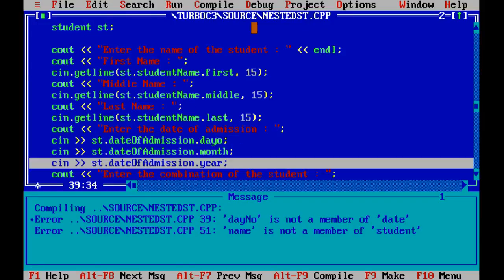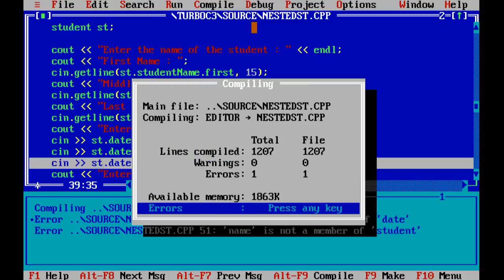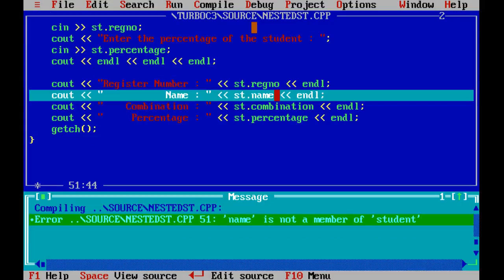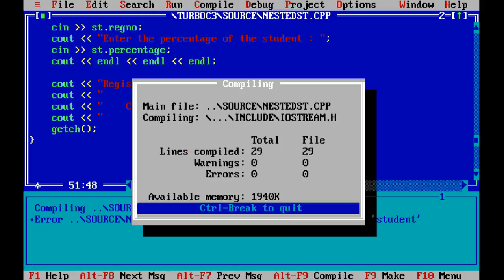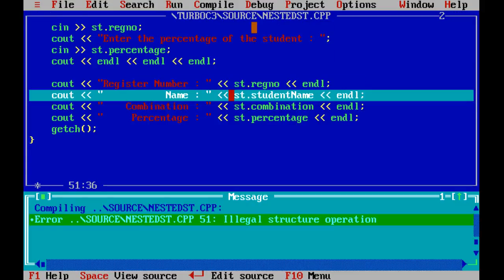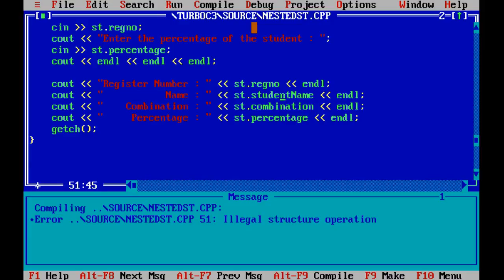Okay, no capital day number. Okay, name is not a member of student. Okay, student name. Okay, now let's run this. Okay, illegal structure operation. Okay, student name dot